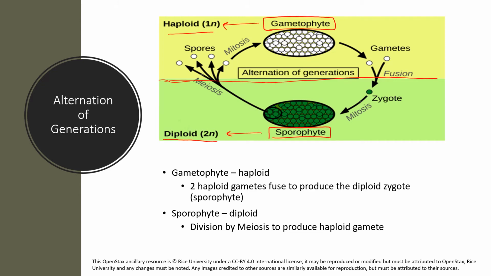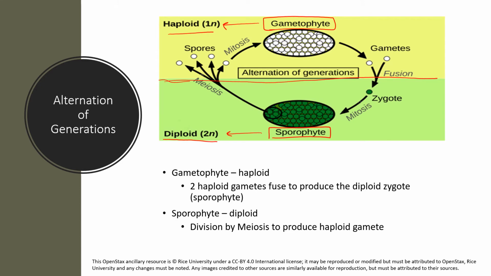Now, if you think about us or other animals, in our life cycle, we are diploid our entire life cycle. The only time we have haploid cells is when we produce our gametes, so egg or sperm. As soon as the egg and sperm fuse, that first cell of the zygote is diploid, and we are diploid for the rest of the life cycle. Now, in this case, there's actually two life forms instead of just having only the gametes. So let's follow this a little bit.